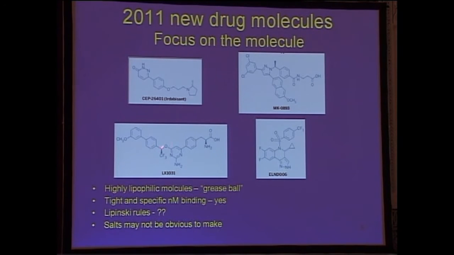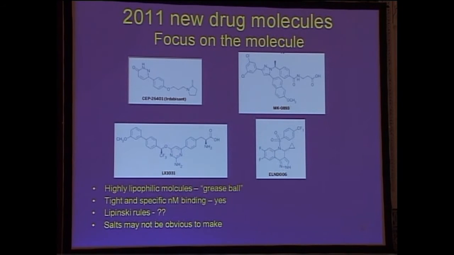And many of them have very delicate functional groups, such as the one you see here, an ether functional group next to a trifluoromethyl group, which essentially means that making a salt with a very strong acid for this amine kind of functional group would be practically impossible, because the molecule would not withstand the harsh conditions of salt formation, which is a standard practice in the industry. They also very often defy the golden Lipinski rule of 5, and while they exhibit very tight binding, almost nanomolar, their drug delivery is really a challenge.